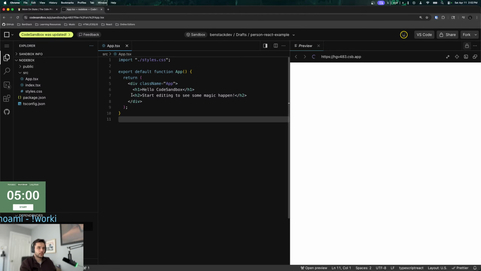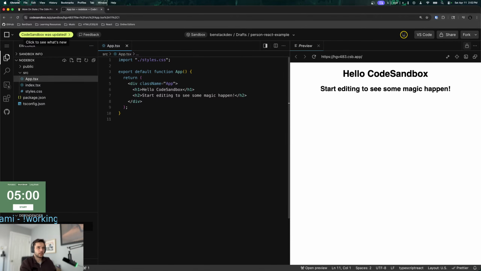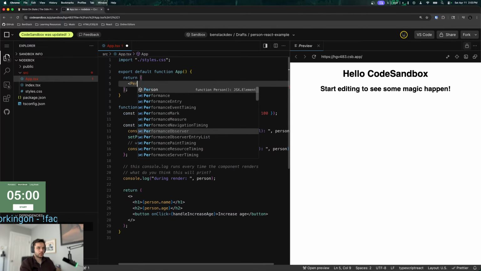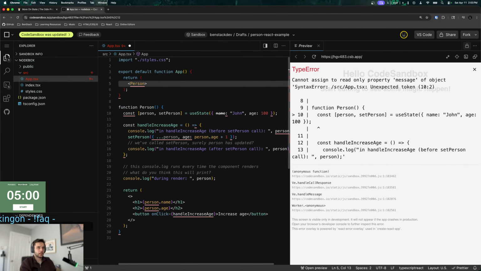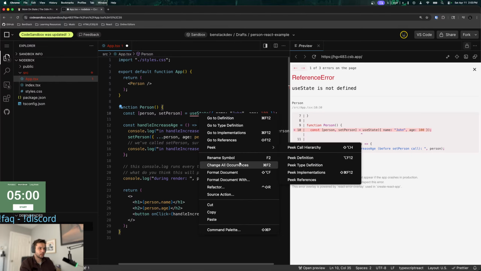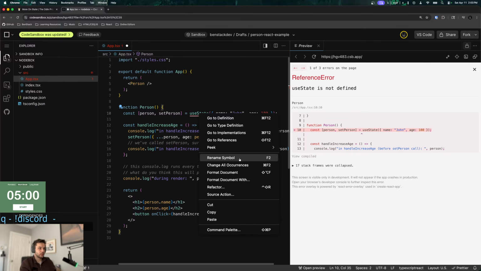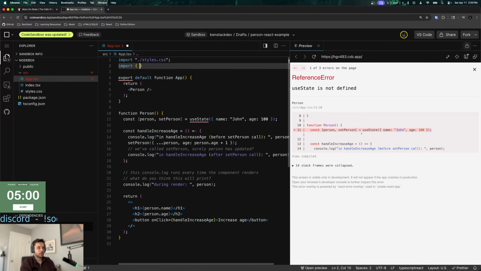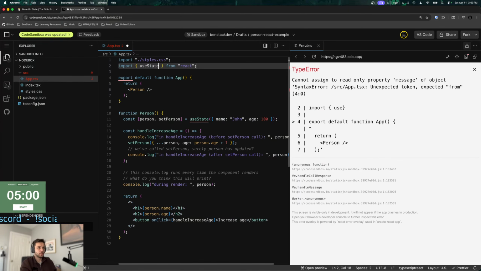So in the app TSX, I'll just render the person in here. Okay, there we go. Oh, useState, import useState.